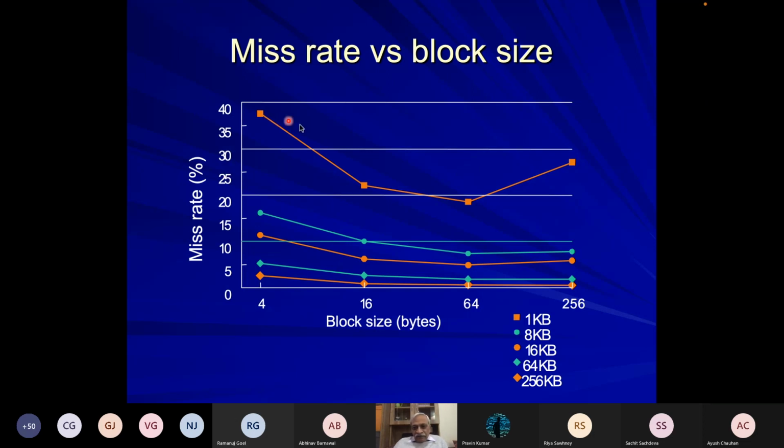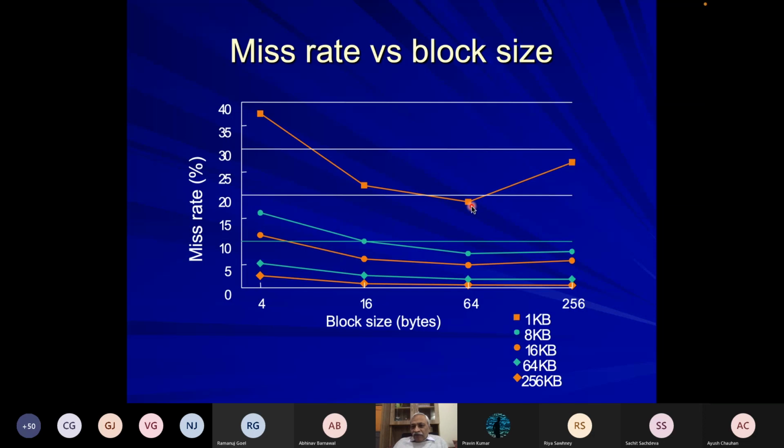And this shows how typically the miss rate would vary as you increase the block size. So block size is being shown as horizontal axis, 4 bytes, 16 bytes, 64 bytes, and so on. And you could see miss rate dropping, but at some point there may be a case of diminishing return. Okay, you could see, for example, it is most prominently seen in the top curve, which corresponds to a small cache,